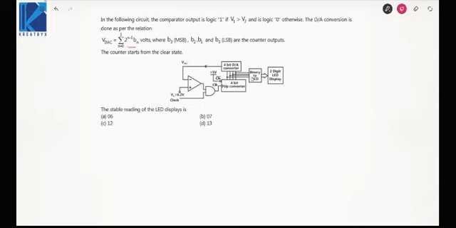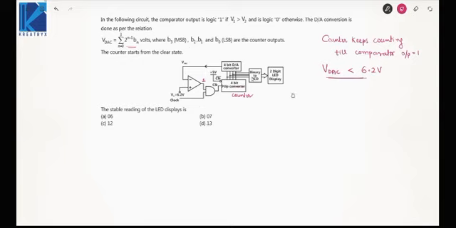So see, this will be actually a counter, a 4-bit up counter. The counter will keep on counting as long as it gets the clock signal, and the clock signal will be passed to the counter till the output of the comparator is 1. So I'll say that the counter keeps counting till the comparator output equals 1. That means the output of the DAC, or the voltage of the negative terminal, should be less than 6.2 volt. Okay. The output of the DAC should be less than 6.2 volt.